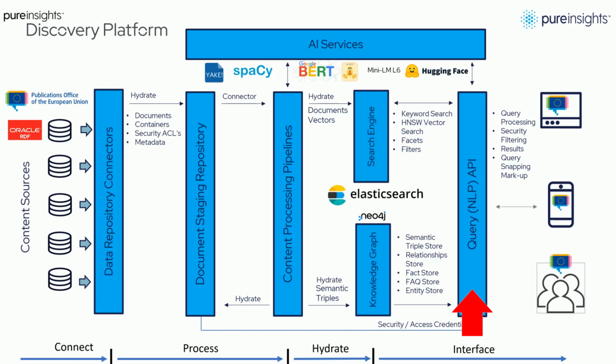It may be that we can spot entities within the query. Most notably, we're looking for semantic triples here, right? So we're looking for the entity of interest and the attribute of interest, and then maybe we can answer that directly from the knowledge graph. But for extractive answers, we typically always go to the search engine for that capability.